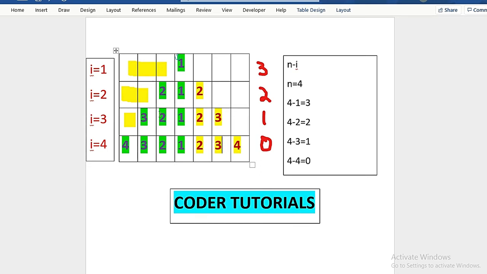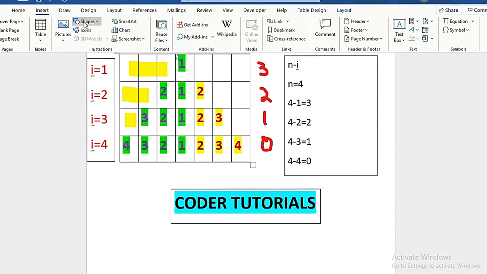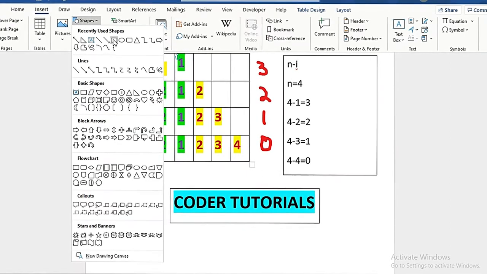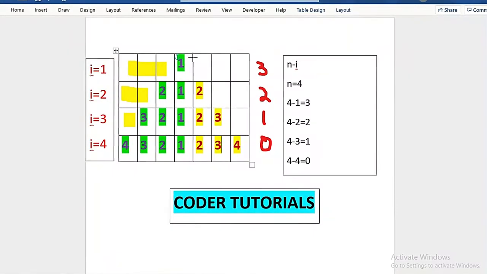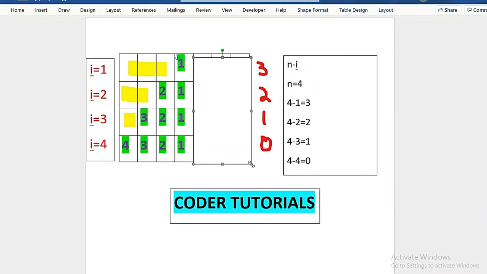For printing the first part, for the time being, we need to forget this second part, so I will hide it. We only need to print this part till now. After the spaces are printed, we need to print this first number 1. Then in the second row, we need to print 2 1. Third row, 3 2 1.